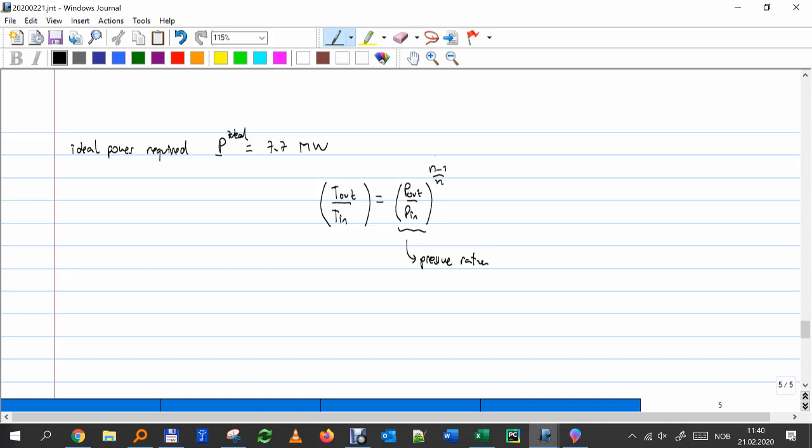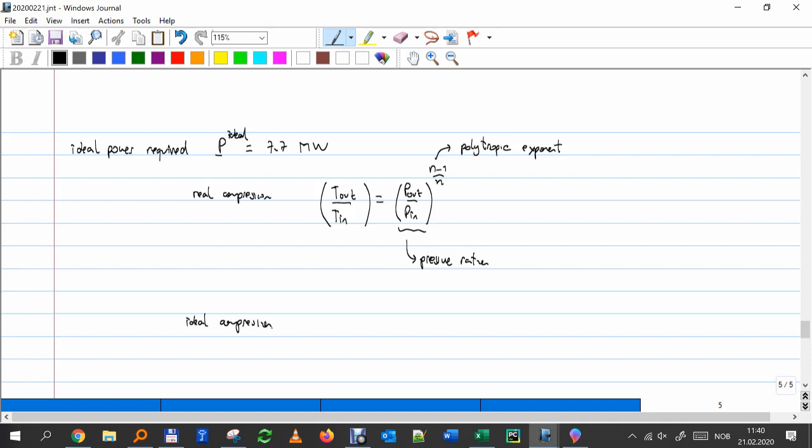Okay, and this n is what we call the polytropic exponent, and that's something that you have to measure. The vendor of the compressor makes a compressor and measures how inefficient it is, how much it deviates, what is the path that it follows. Okay, polytropic exponent. That is the real compression, and the ideal compression